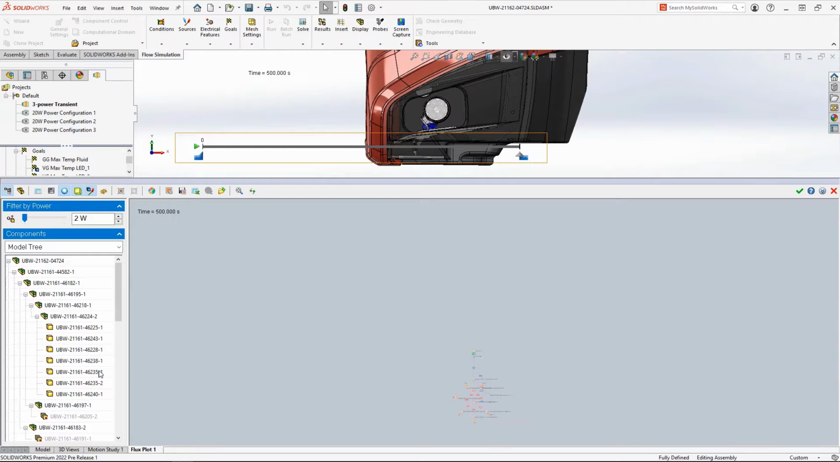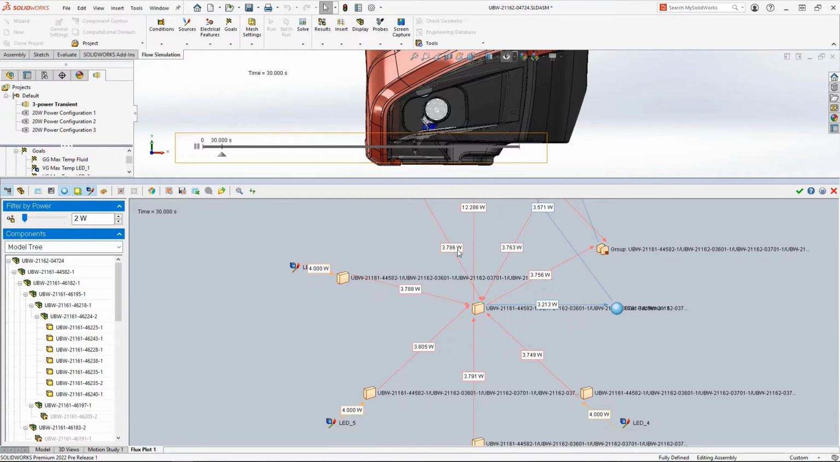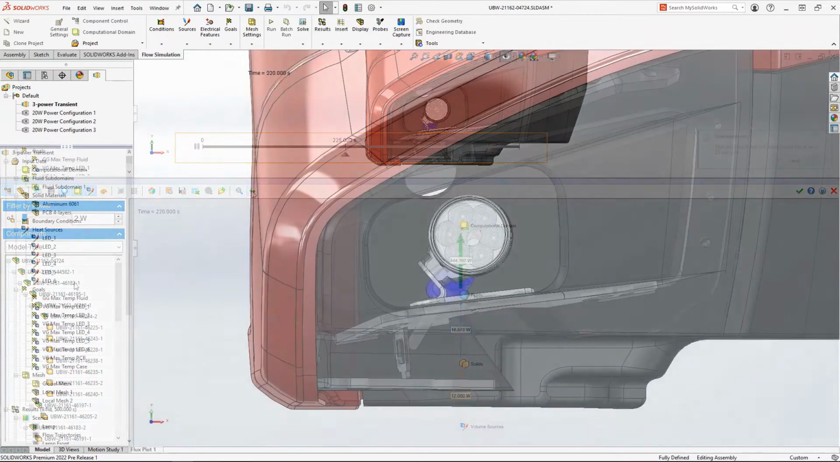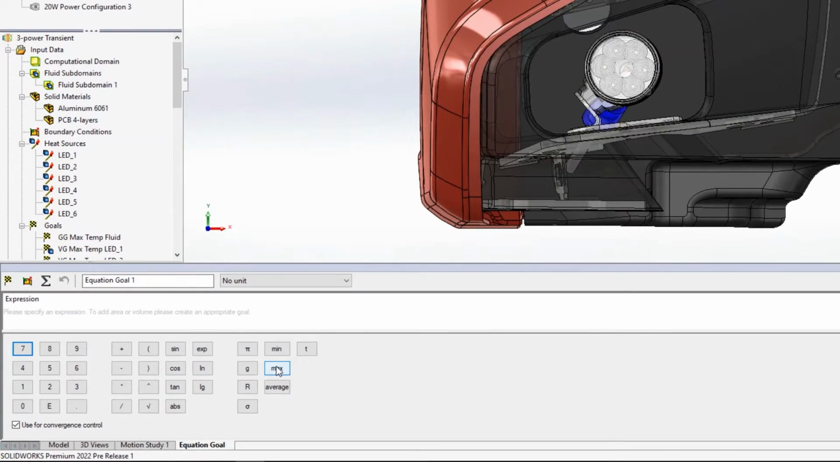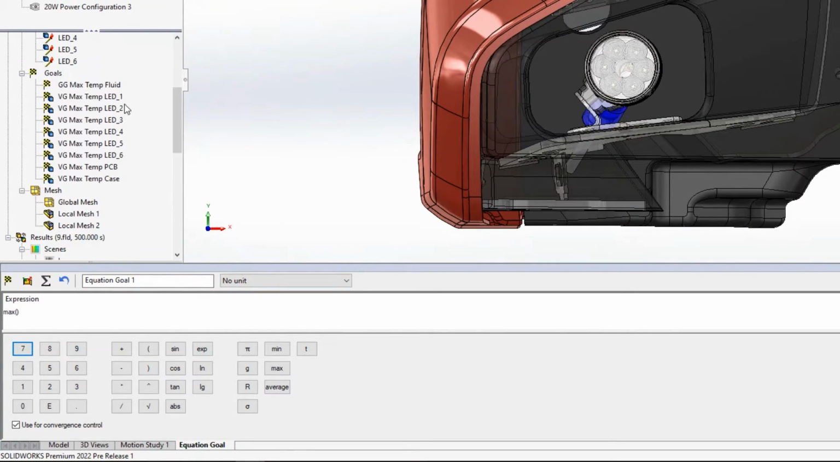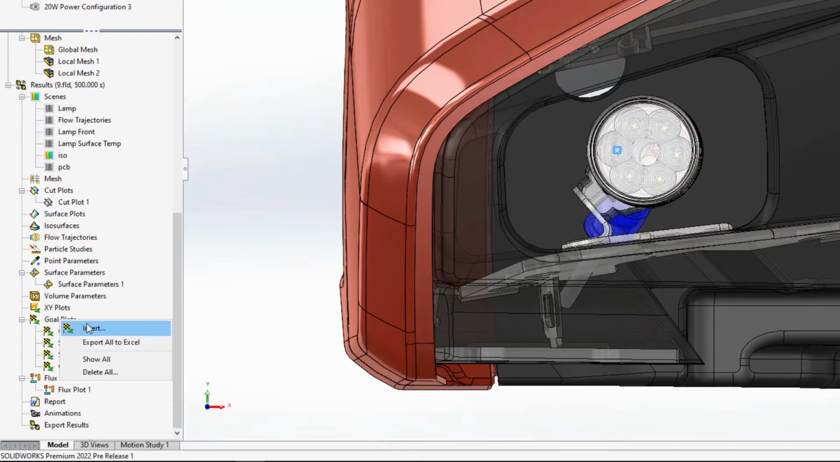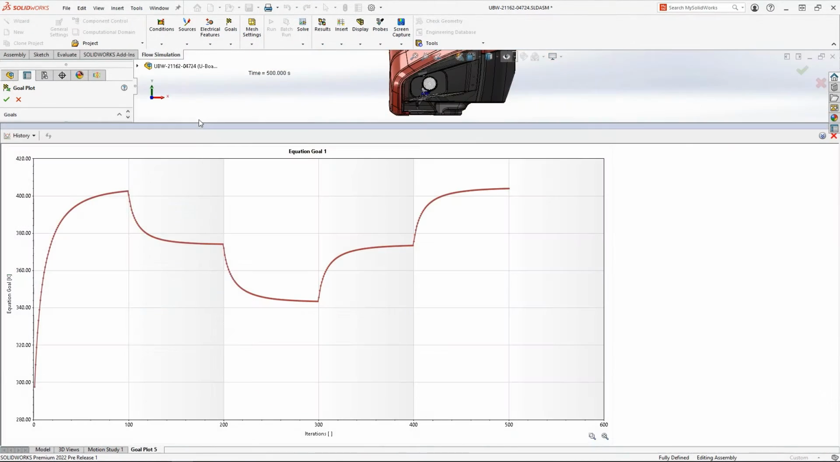SOLIDWORKS Flow Simulation 2022 can now display the flux plot in Transient Explorer, allowing us to get in-depth numerical results on how power is moving through this complex system. We can also now create a new equation goal after running the analysis that can process values of other calculated goals. Let's create a quick equation goal that'll compute the maximum temperature of all of the LEDs over the entire